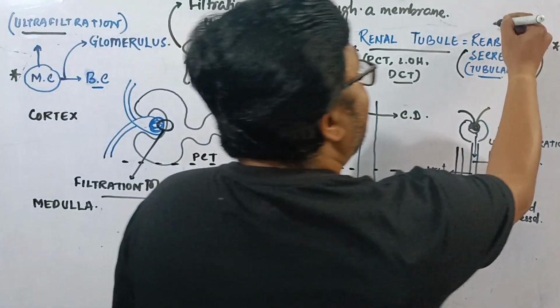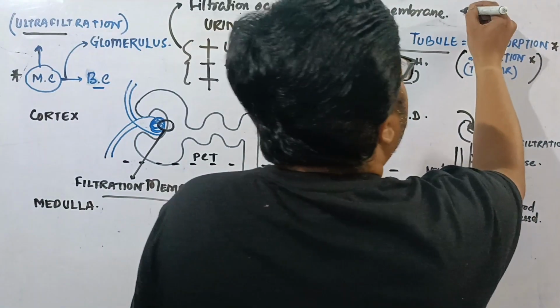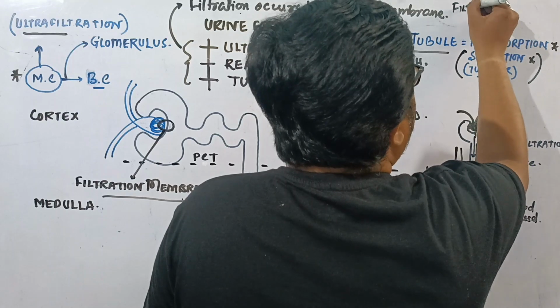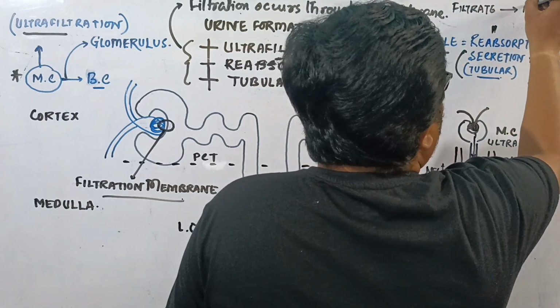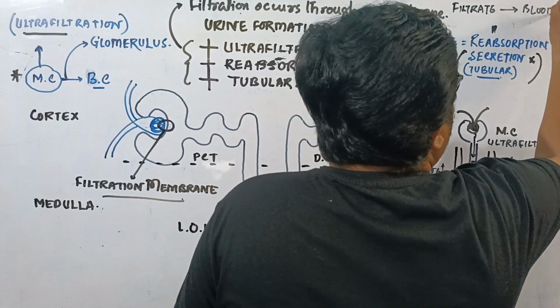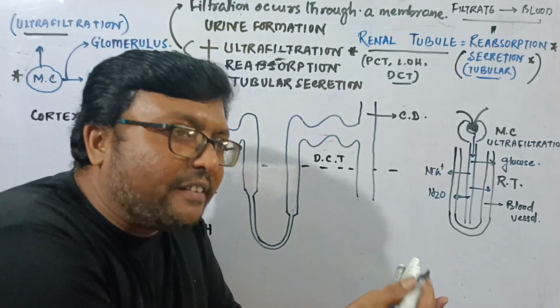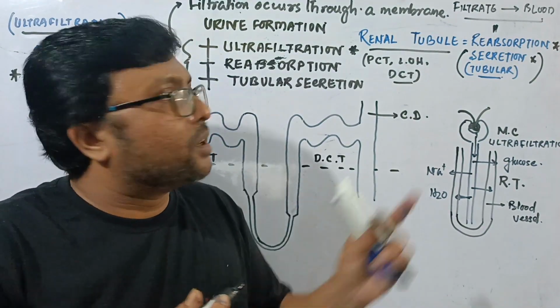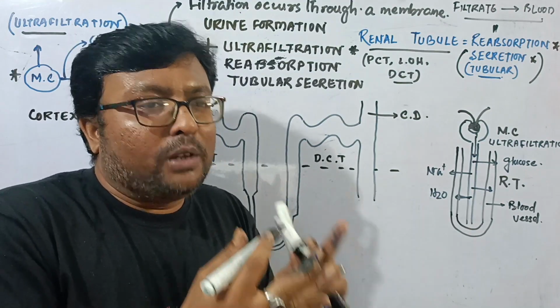You can simply write like this, that reabsorption it generally occurs from the filtrate to the blood, এটা বোঝার জন্য বলে দিলাম যে ফিল্ট্রেট থেকে ব্লাডে রিঅ্যাবজর্পশন হয়।